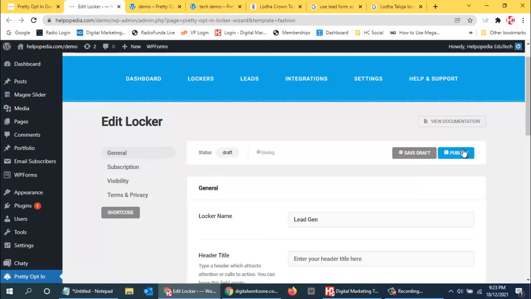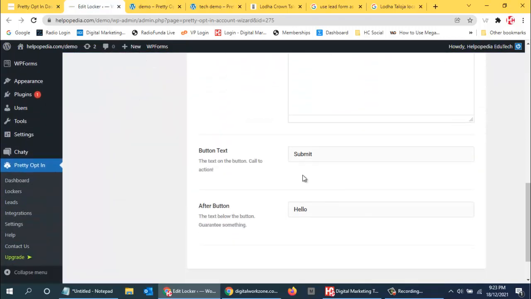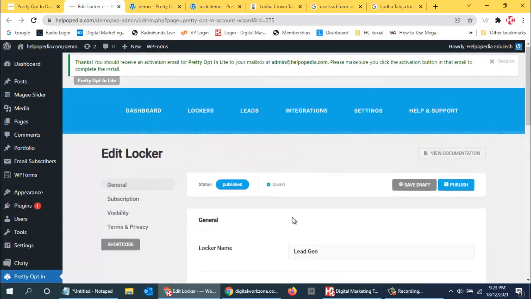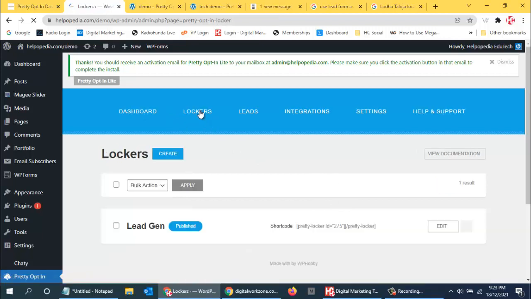So now what? Okay. Lockers. Lead generation. This is what we are going to use. So this is the pretty locker. Over here edit. So this is the short code that we can use.